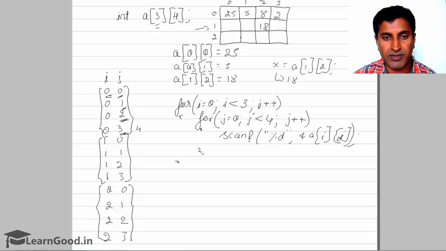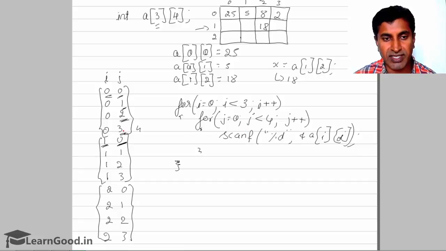So when it's false, it comes out of that inner for loop. Then again go with the outer for, i value is incremented here. Now i value is going to be 1, and again 1 is less than 3, true. The j value once again starts from 0, so 0 is less than 4, true.